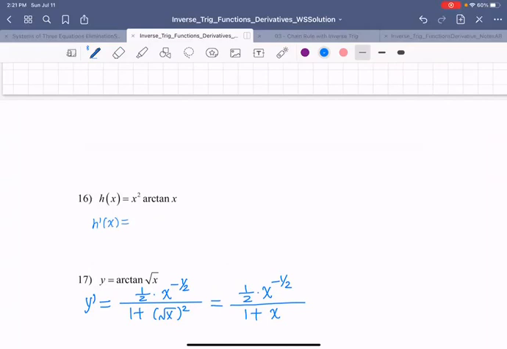Do you use the product rule for this? Yes, you use product rule first. Okay, so you do 2x times arctan x plus x squared times